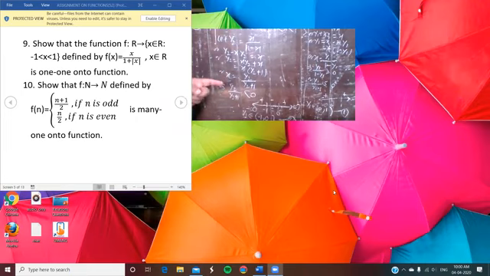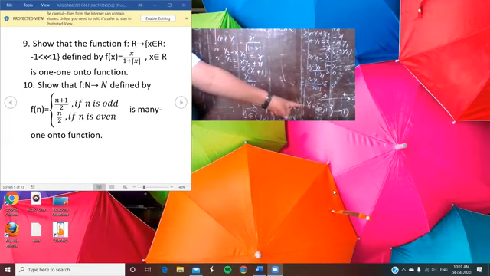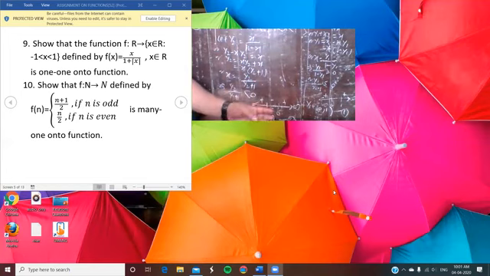First of all, we take the first case, for which x is greater than or equal to 0, and accordingly you find the value of the function and try to prove that for that case, f is one-one. You find the value of y1, and here you see that y1 belongs to [0, 1), and that we take as equation number 1.